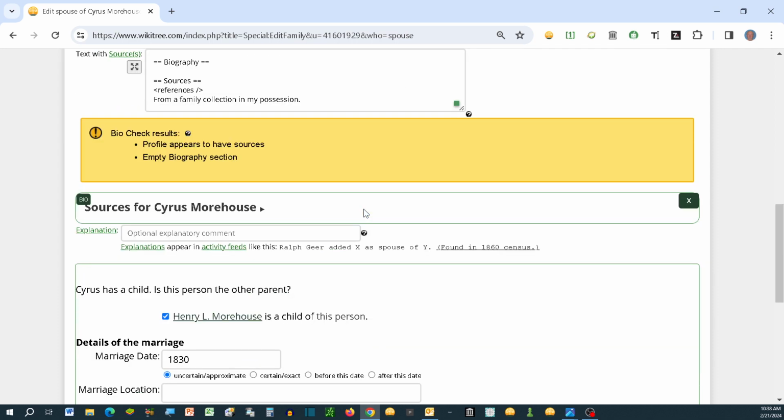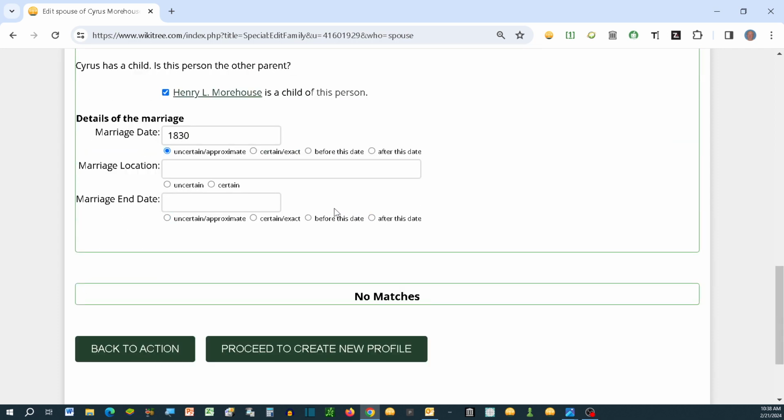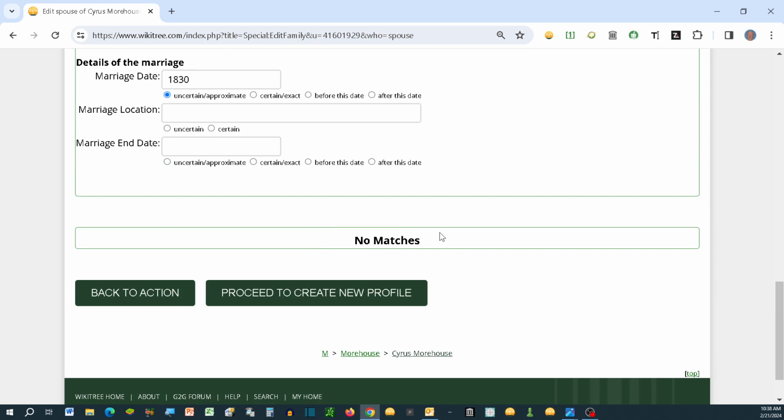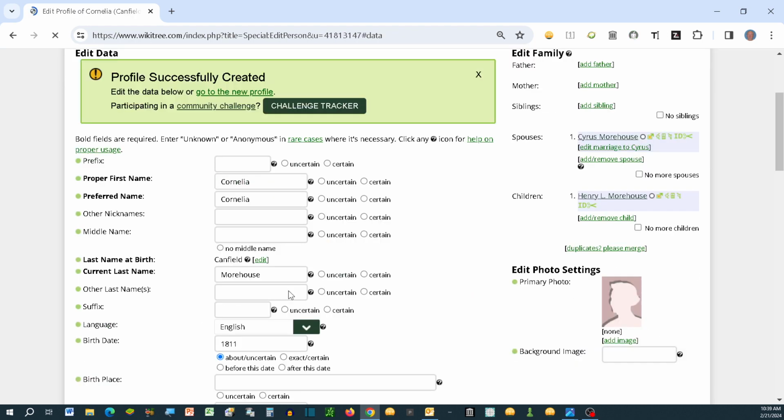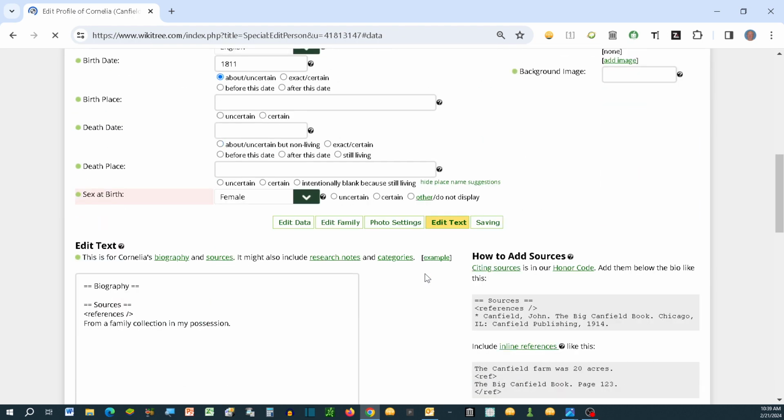So we're going to scroll down, and we're seeing there's no matches. So they didn't come up with a Cornelia Canfield anywhere that's with those dates or close to it. So we're going to say proceed. And we now have